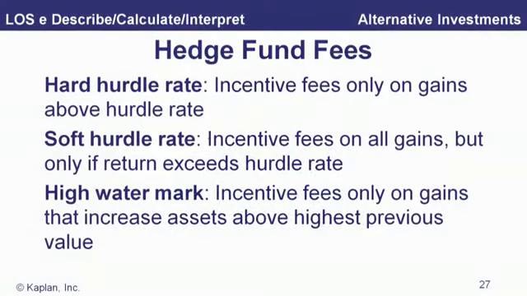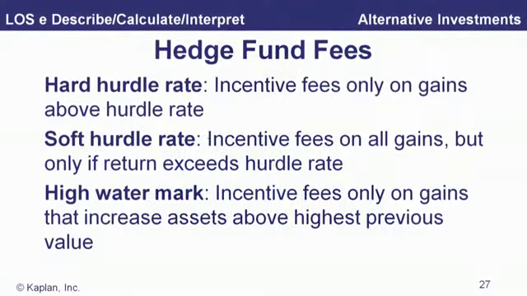Another couple of terms that you may run into in hedge fund fee structures: there are hurdle rates sometimes. A hurdle rate says you've got to earn at least this much profit before your incentive fees kick in. So you can't just invest in a risk-free asset, earn 4%, and collect 20% of that. That's not the deal. So they could have a hurdle rate specified in the partnership agreement. When we talk about a hard hurdle rate, the incentive fee is only on gains above the hurdle rate. So if we have a hard hurdle rate of 7%, the incentive fee is figured on gains above 7%.